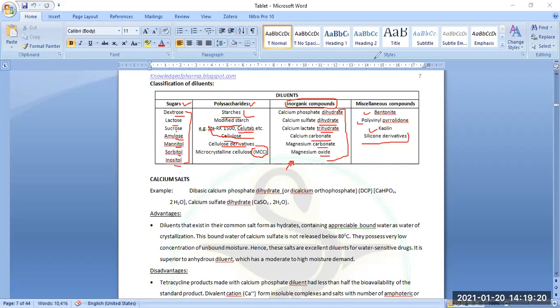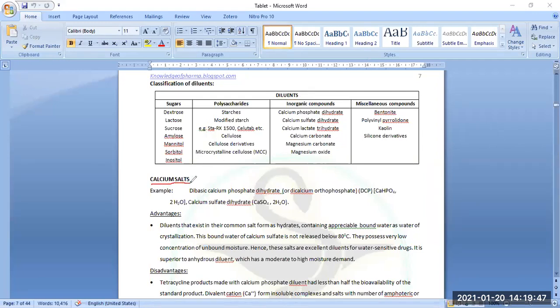Okay, that is in pre-formulation study. I think you have one chapter regarding pre-formulation studies. Okay, so in this we have to find out every physical and chemical property of the active drug. That drug reacts with which type of ingredient, you have to find out in the pre-formulation study, and on the basis of this pre-formulation study you can go for the selection of a diluent.